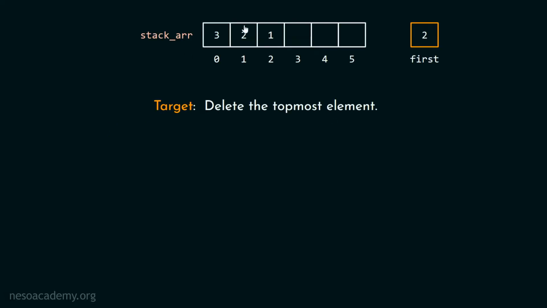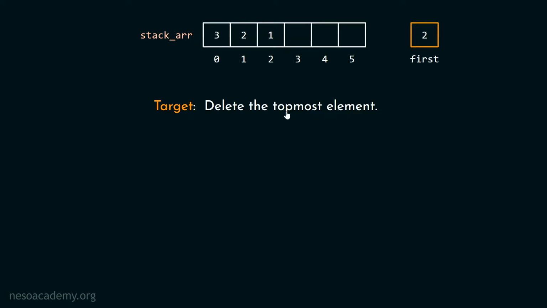Let us suppose this is the initial state of stack ARR. Currently there are 3 elements in the stack, and the first variable is keeping track of the first inserted element. We know this already, right? This is what we have learned in the previous presentation. We have to keep a variable first instead of top, right? There is no need to keep track of the topmost element. We just have to keep track of the first inserted element. This is the first inserted element and the index of this element is 2. That is why you can see that the first variable is holding this value 2.